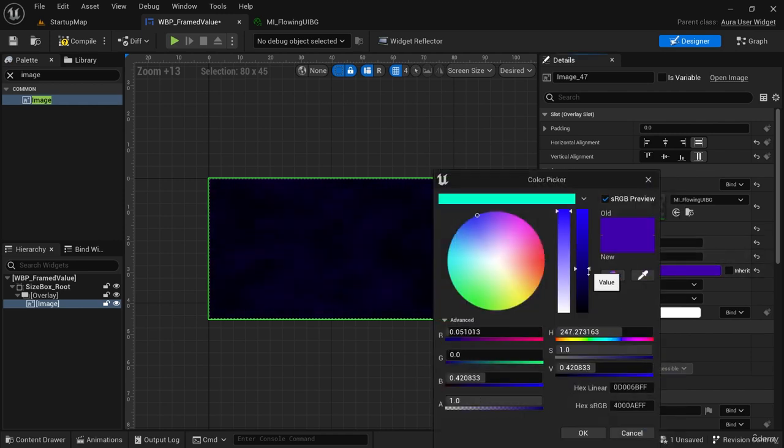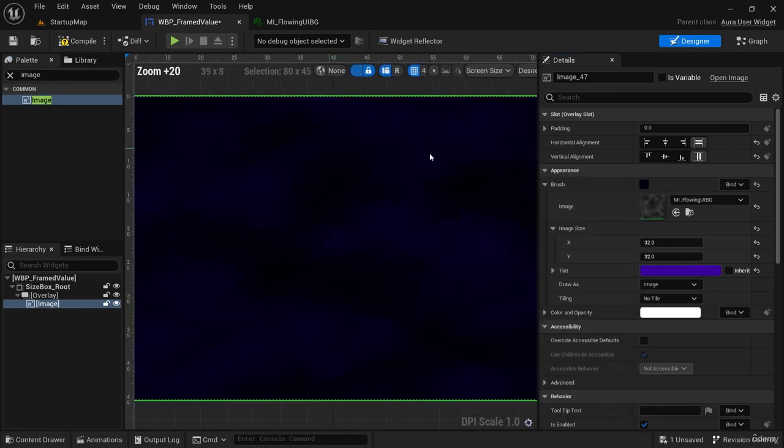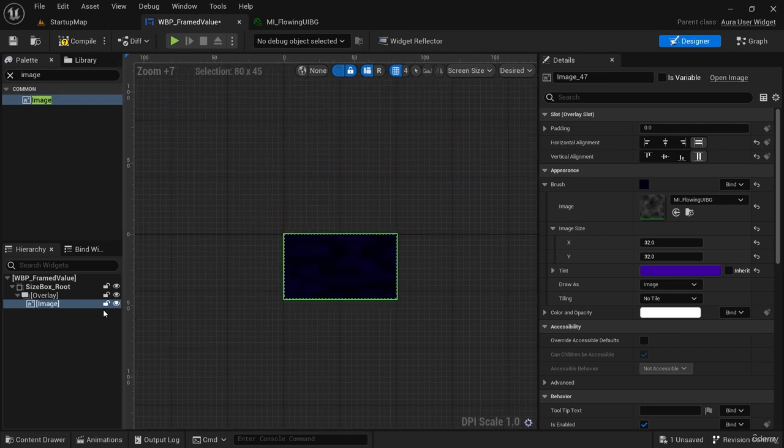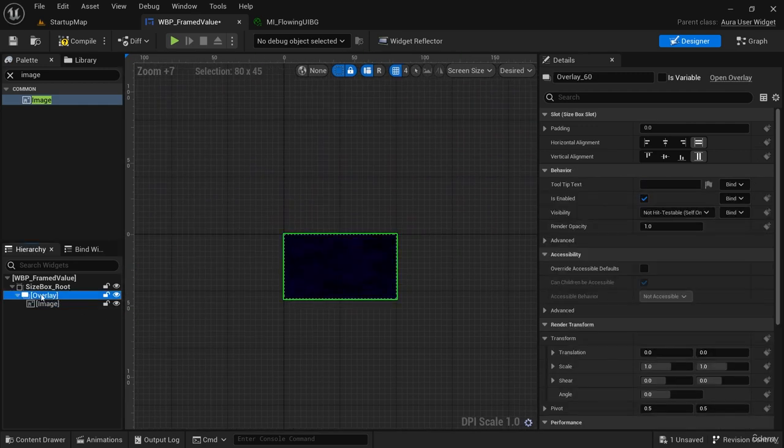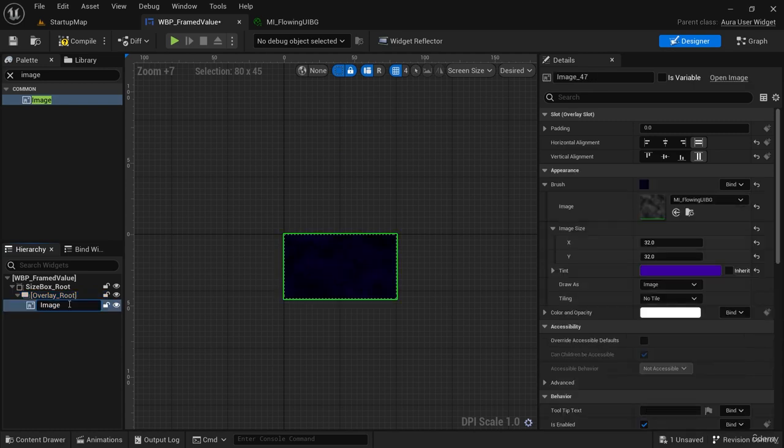You could put the tint all the way down to black. It's really up to you. I'd like it pretty dark, but it's still flowing and shifting, which is kind of cool. And I'm going to rename some of these. The overlay, this can be overlay underscore root. That's the root overlay. And this will be image underscore background, which we should be able to set if we